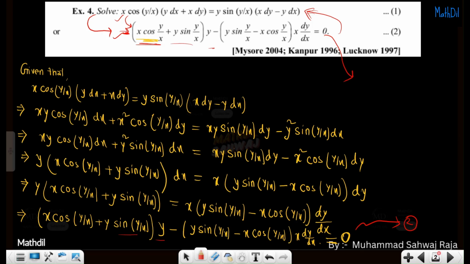So see, students, how can we solve it? As we know, whenever we have to solve a homogeneous differential equation, at first we have to write the equation in the form dy by dx equal to something, right? And then we proceed further, right? So see,